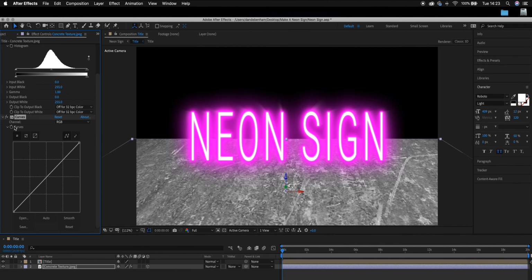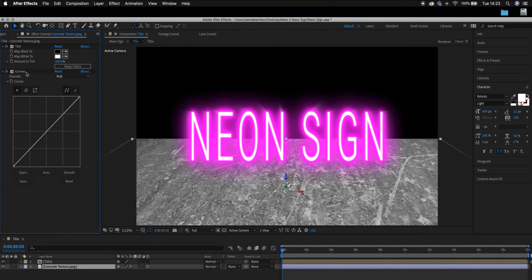In fact, let's get rid of levels altogether. While we're here, let's not bother with those. So I'm going to grab the middle here, which is basically the midtones. So you've got the highlights, the lowlights, so that's the darks, the lights, and the midtones. And I'm just going to line this up a little bit. And there is a reason for that, basically. You need to make sure that it stands off and is useful and can be seen when we come to